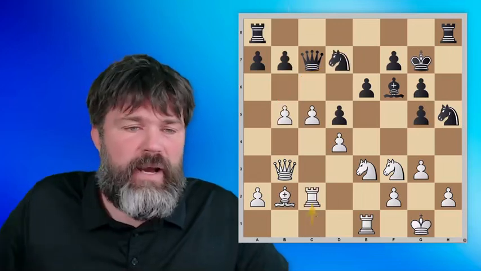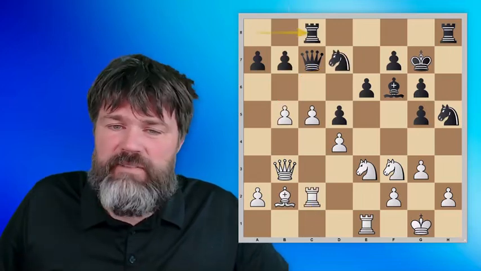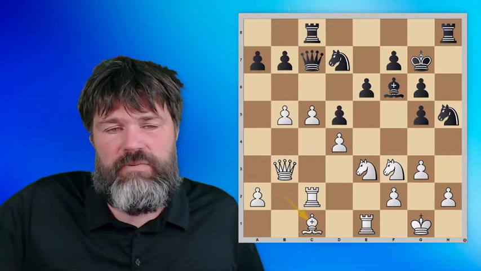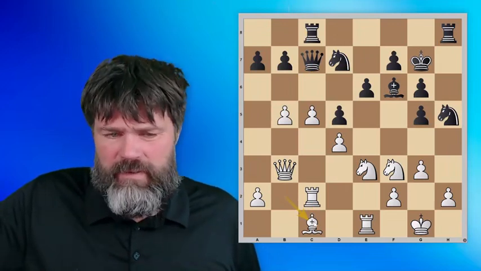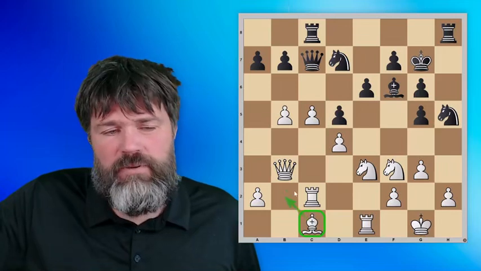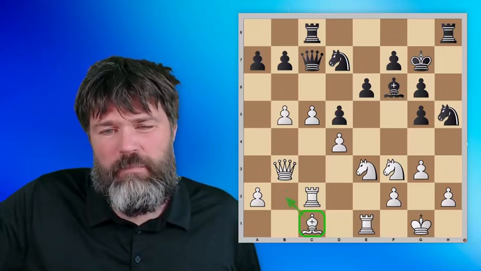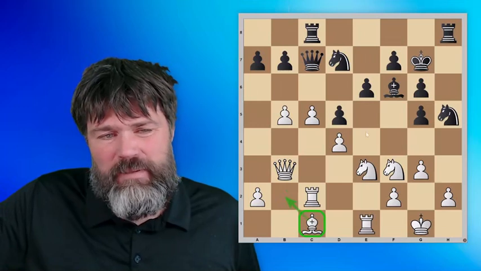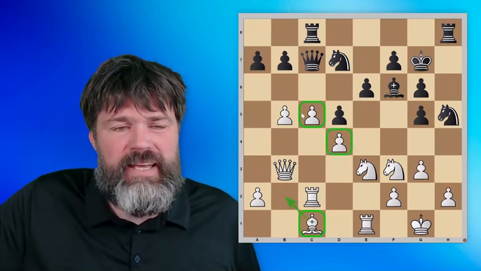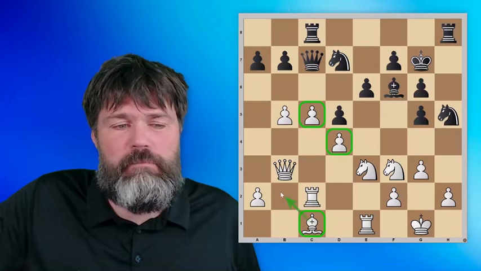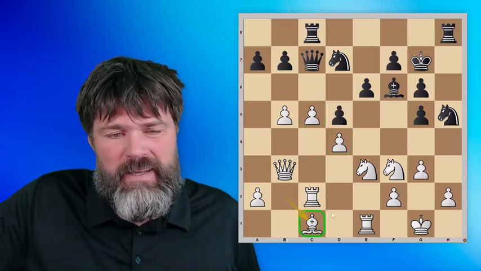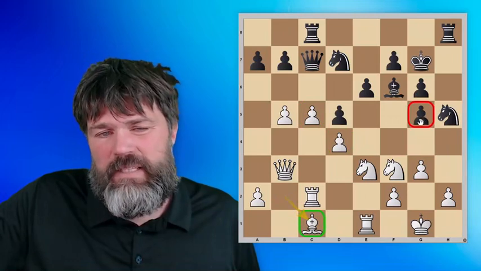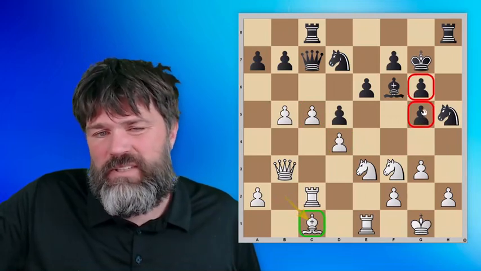So white is quietly putting the rook on c2, and he was preparing this very nice retreat, bishop to c1. Maybe some would think, if the bishop is on c1, why not put it on the beautiful b2 square? But actually, this construction is so solid that it doesn't need to be backed up by a bishop on b2. On the contrary, on c1, the bishop starts eyeing a weakness on g5,